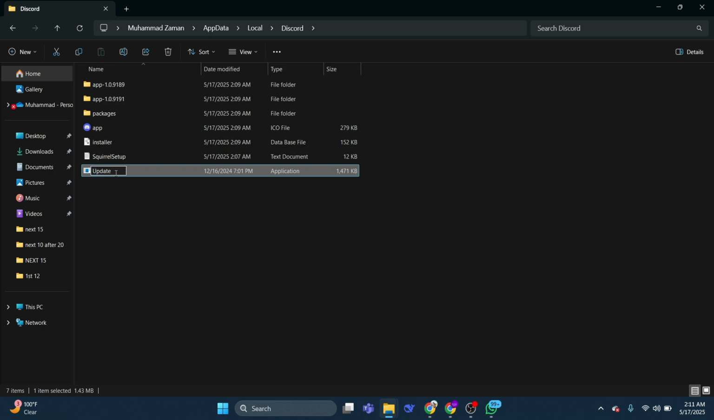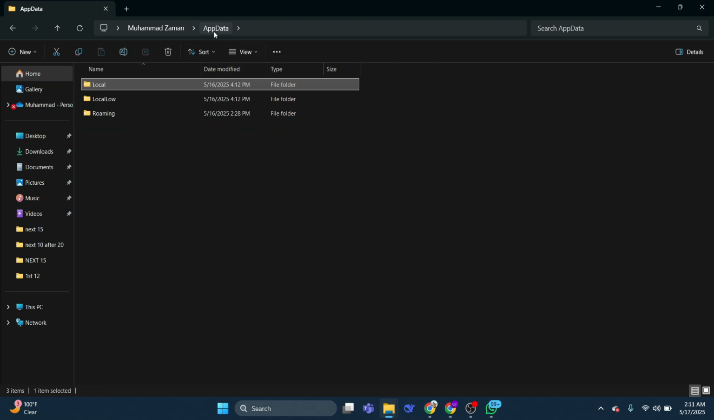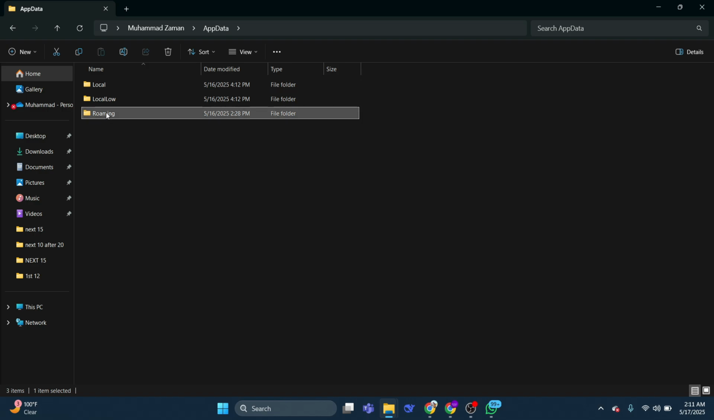And right at the bottom, you'll see this file called Update. So all we're going to do is rename this file by typing in space repair at the end of Update and hit Enter. Once you've done that, you then need to click on AppData in the folder path at top,